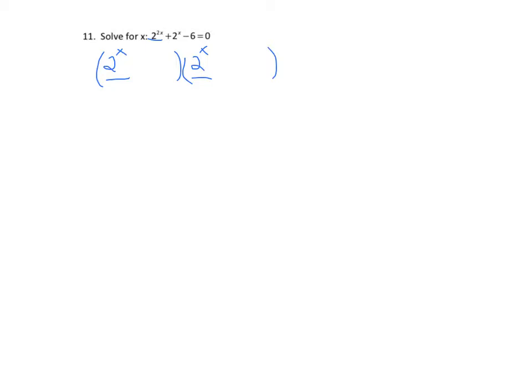And if I do a plus 3 and a minus 2, this gives me 3 times 2 to the x, and negative 2 times 2 to the x. And if those were added together, that gives me positive 1 times 2 to the x. And then my last two numbers multiply to negative 6. So I have now factored this,